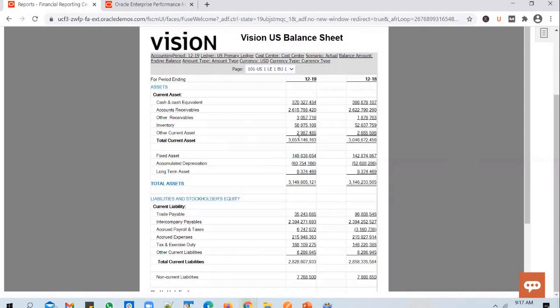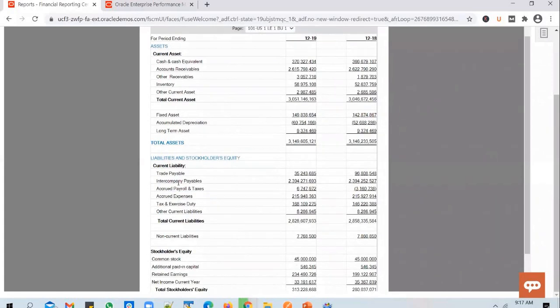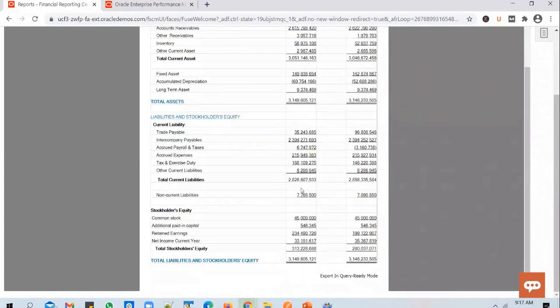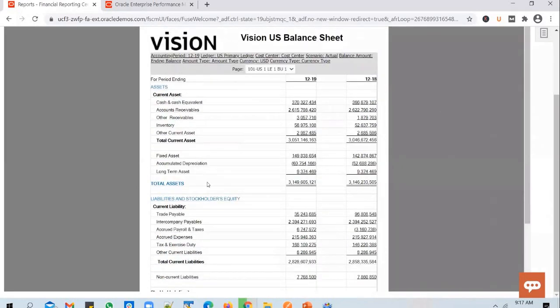And you have a summary column for the current assets displayed there, and you have other types of assets and a total sum of all the assets. And you have a similar story repeated for liabilities and stockholders' equity, current liabilities, other liabilities, and the total. And you have the equity details printed. So if you look at these rows, in an FRS report, the grid is important. The table that you're seeing here is called a grid.